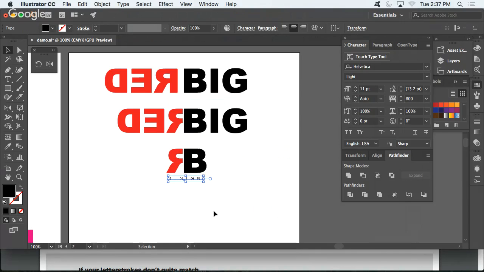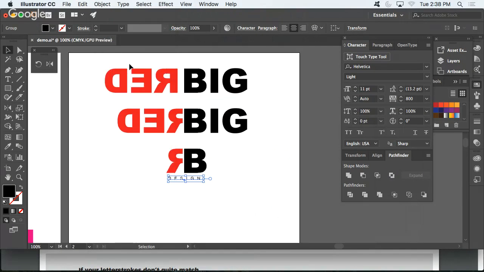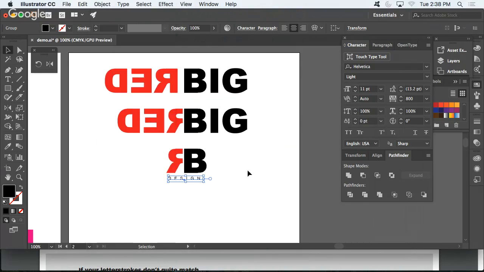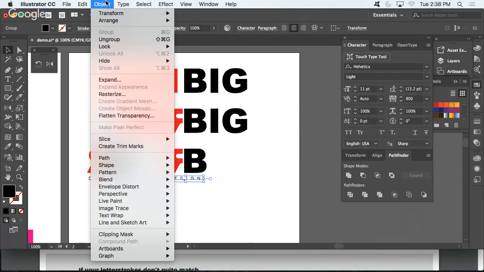And then if I convert that to paths again, object, group, whoops, sorry, object. Actually, I want to save that chunk because it's editable. Grab that object,